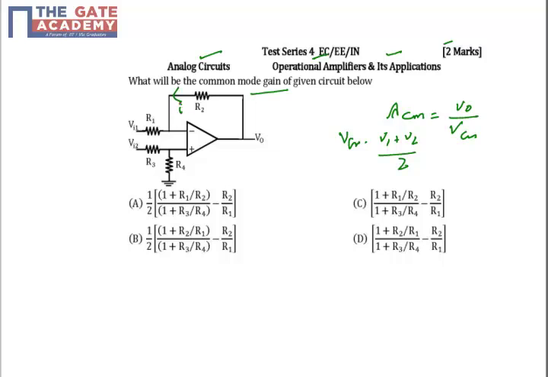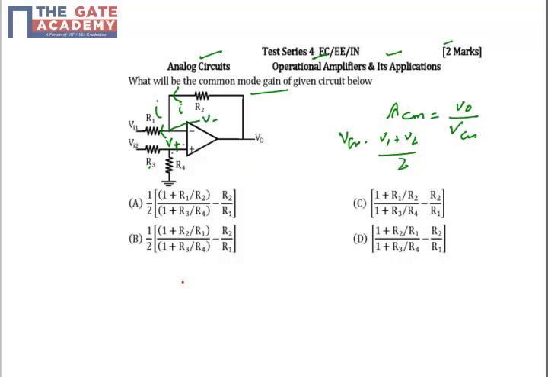Right, so in this question you can see that if I assume the current across the resistor R2 is I. Since the op-amp is ideal, the input current of the op-amp is 0, so this entire current I is going to flow across R1. Similarly, since the input current of the op-amp is 0, R3 and R4 will be in series. I will assume the non-inverting terminal voltage as V plus and the inverting terminal voltage as V minus.